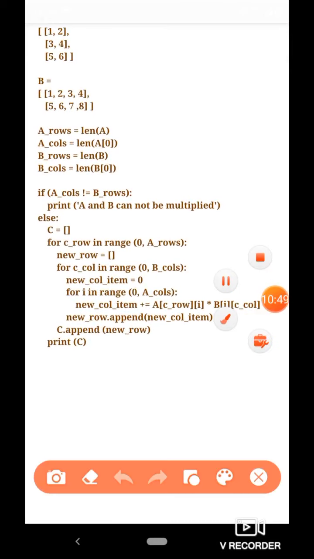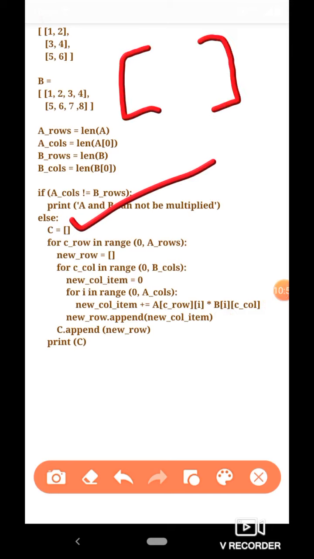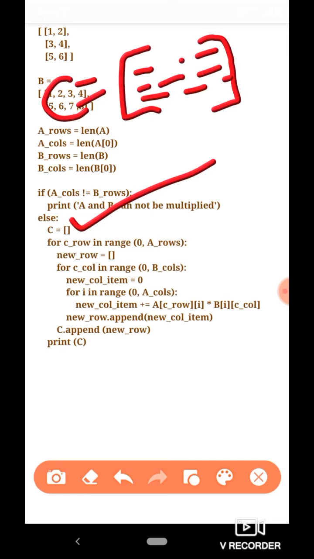What we do is start with an empty list for matrix C, and we are going to compute row after row for matrix C, and append the rows in this empty list one after the other, so that we can compute the complete matrix C.